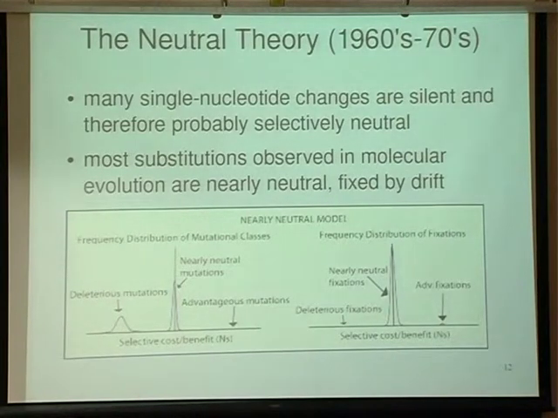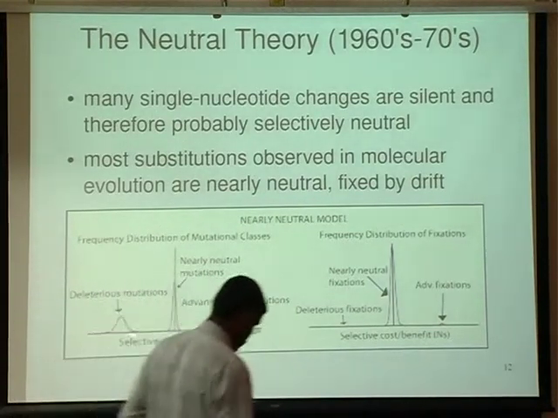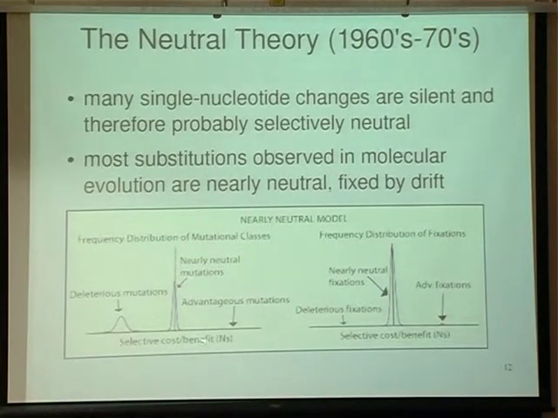This is the landscape, or the frequency distribution, of mutational classes. That's not really so clear, but these are the available mutations. This is their selective cost. It's a cost if it's below 0 or a benefit if it's above 0. So their cost or benefit, and this is the distribution that we expect. So there are many nearly neutral mutations. There are many deleterious mutations. I would even add probably a spike down here of many lethal mutations. And advantageous mutations, you can't even see them there. They're very rare.